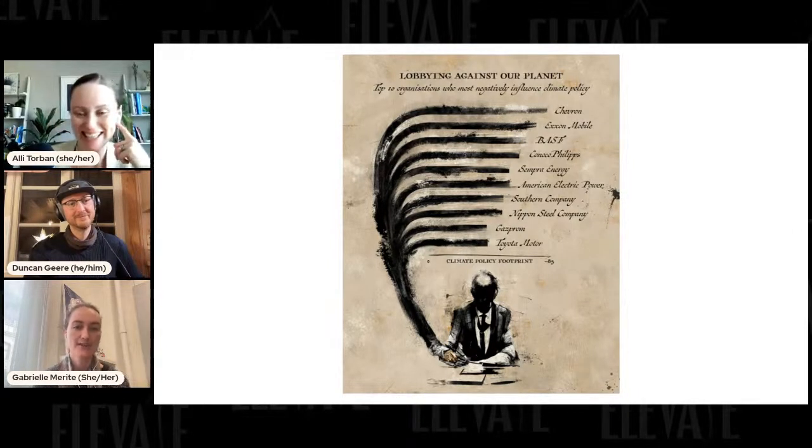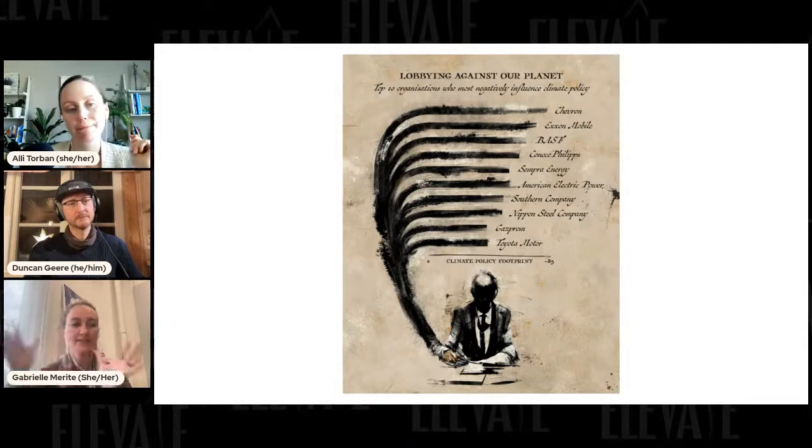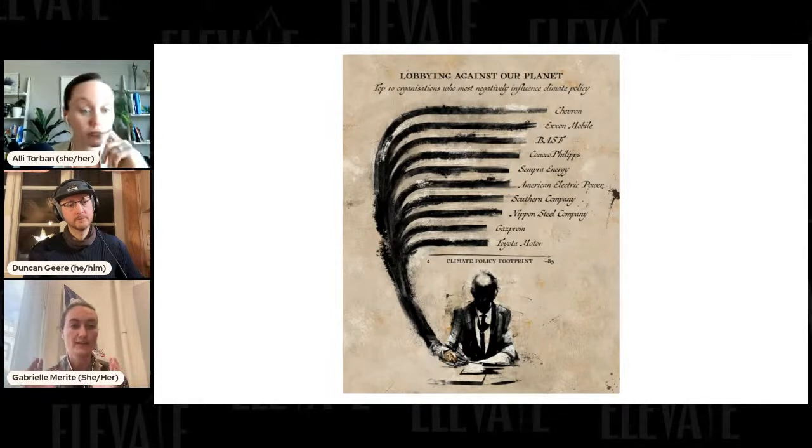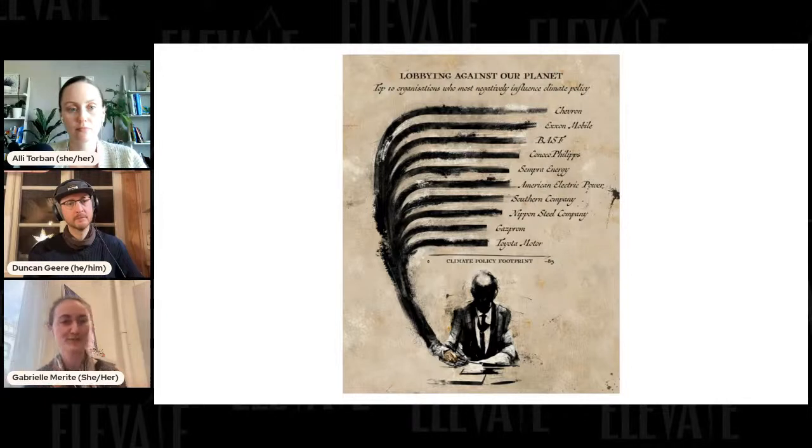The original data is from a report by Influence Map, and they have this whole analysis, and it's a really big report, but that's condensed in a big table. It's literally a table, it's not even a graph, where they give people a score on how bad your climate policy footprint is, in minus points for negative, and they actually have a whole positive, which is great, which is not what I focused on. It was just numbers like minus 54, minus 80, et cetera.